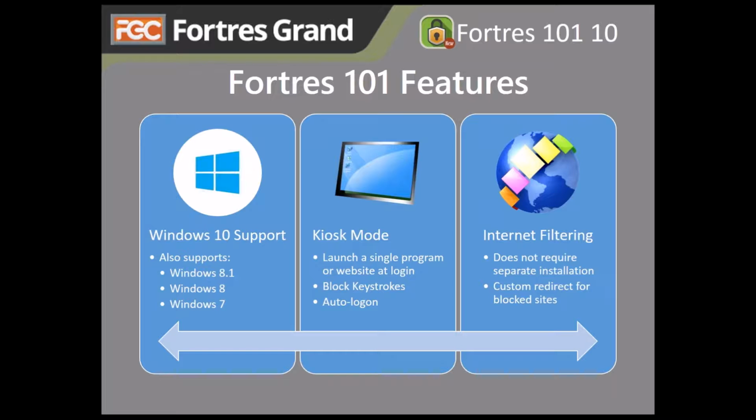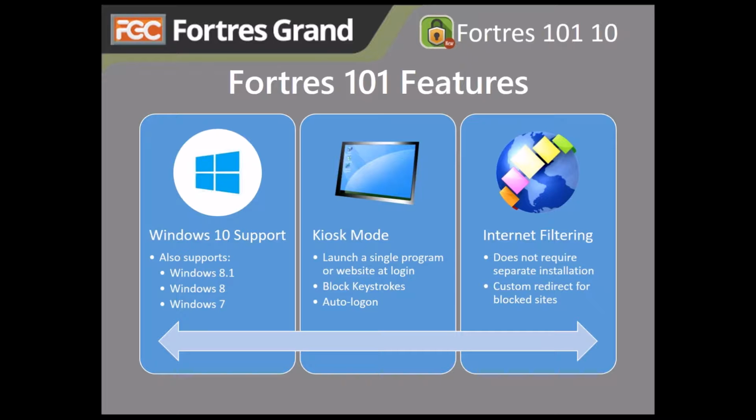We also have a Kiosk Mode that allows you to launch a single program or website at logon, so that if you are setting up a single-purpose computer that users just walk up to, maybe a card catalog or some other information kiosk, you can use Fortres 101 so that whenever the machine boots, it auto-logs in, and once it auto-logs in, it launches that program or website. And then you can also block keystrokes so that users are only able to interact with that single program or